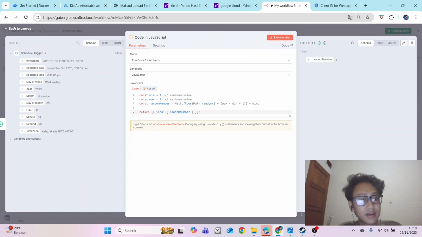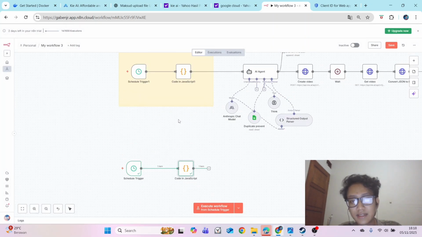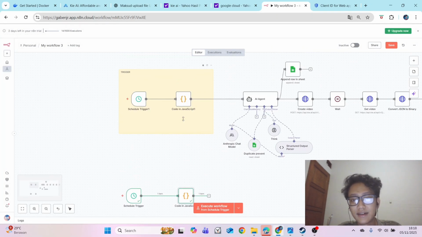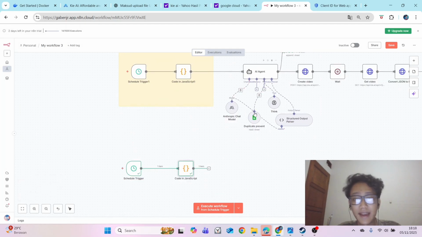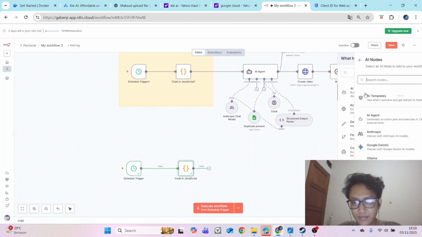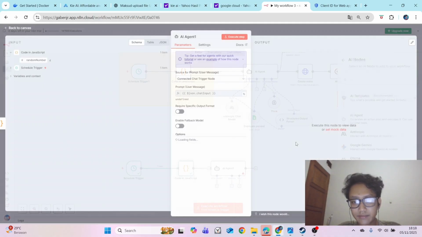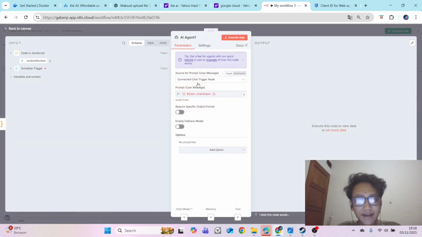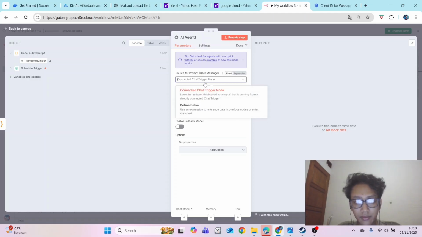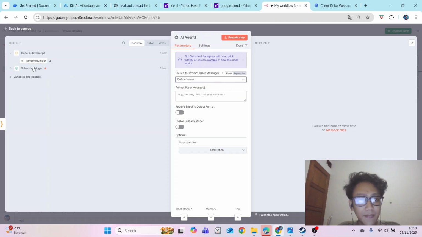Okay, and we go back to Canvas and we start it. Next flow is an AI agent. So for the AI agent, we can use the define below option and drag this random number from your last node into the prompt.